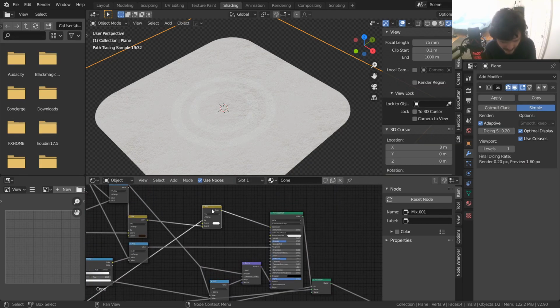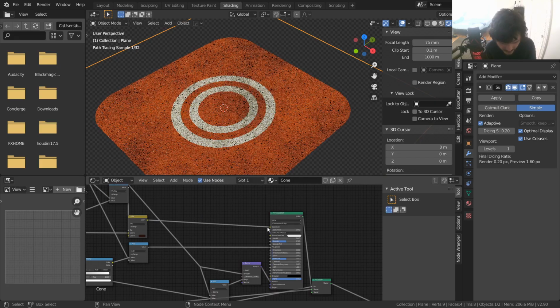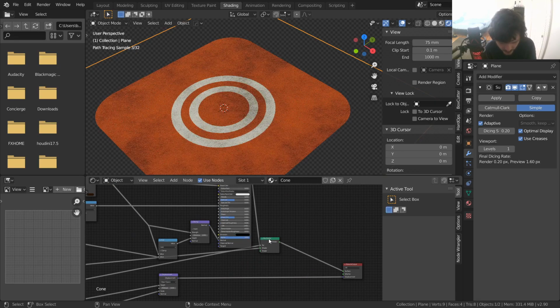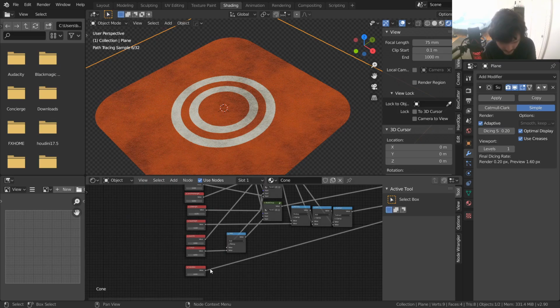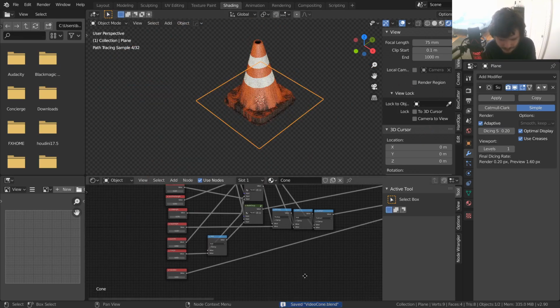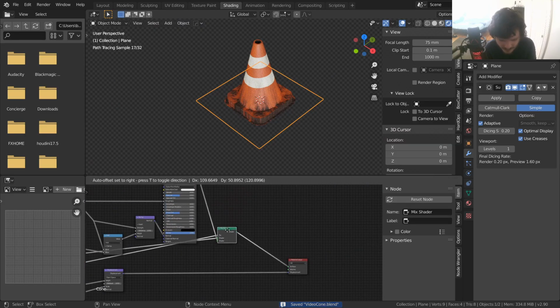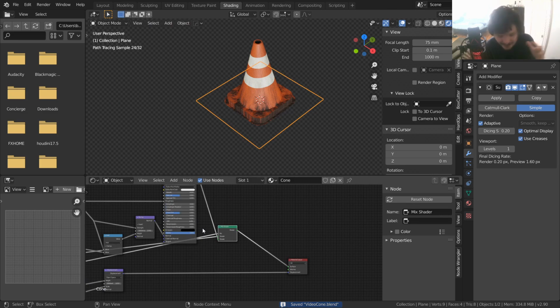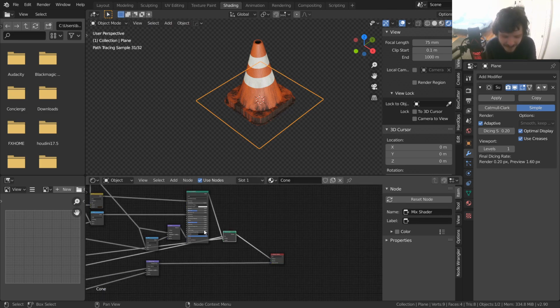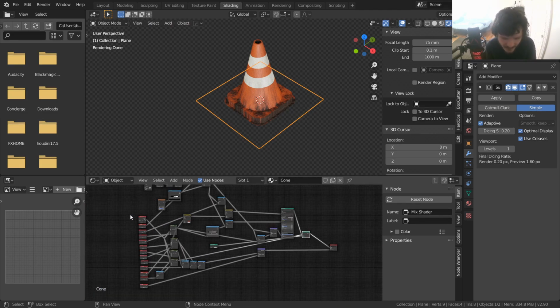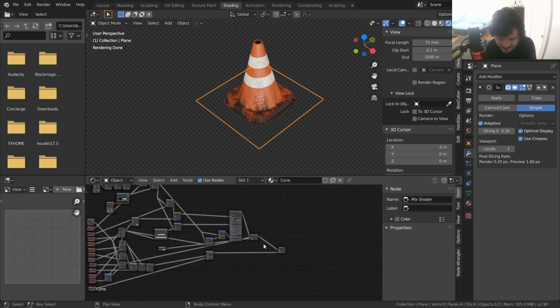So let's actually take care of that. We don't need this. We'll just have this feed directly in. So this is what it looks like. Let's make our value 1 again, so our cone should look the same right now. But we wanted to have a final choice of flattening it. So what we're going to do is at the very end, after we've done our parameters, fed into masks, fed into color-related stuff, fed into BSDFs,